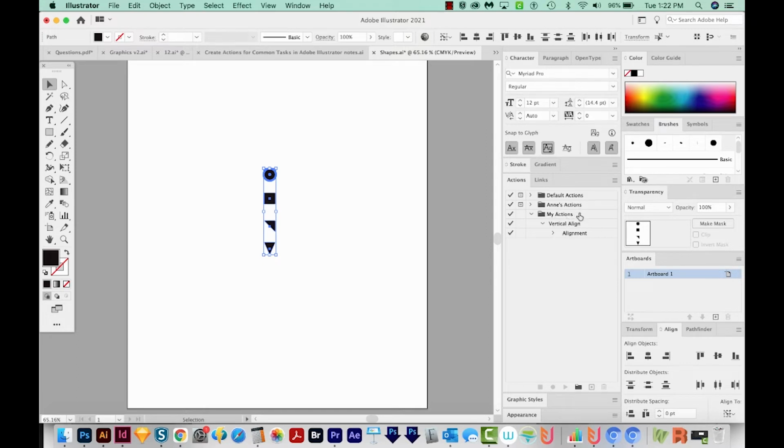Now the next time you close Illustrator, or if Illustrator crashes, you're going to lose these actions. So you'll need to save them, and to do that, you'll click on the folder right up here, then get on the flyout and choose Save Actions. I have a folder called Useful Items, and I always save them in that folder on my desktop, but you can save them wherever you want.